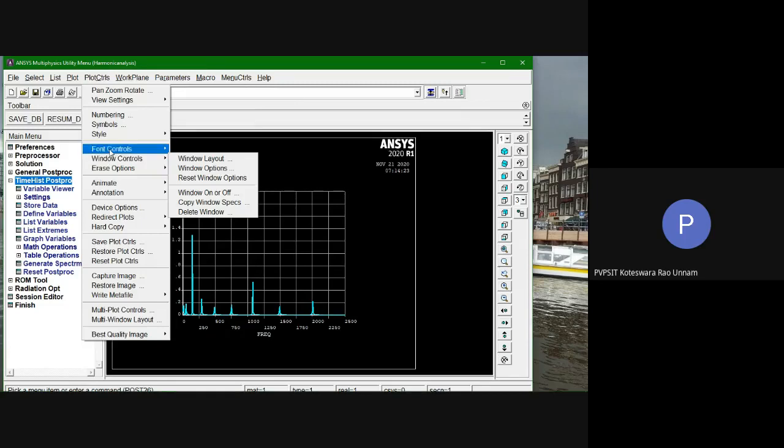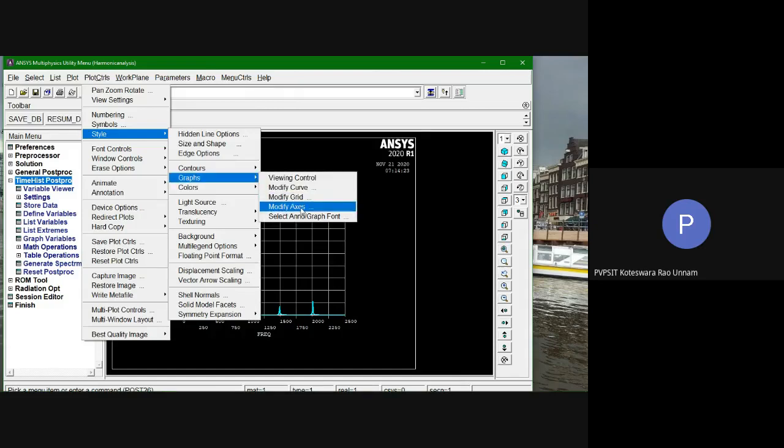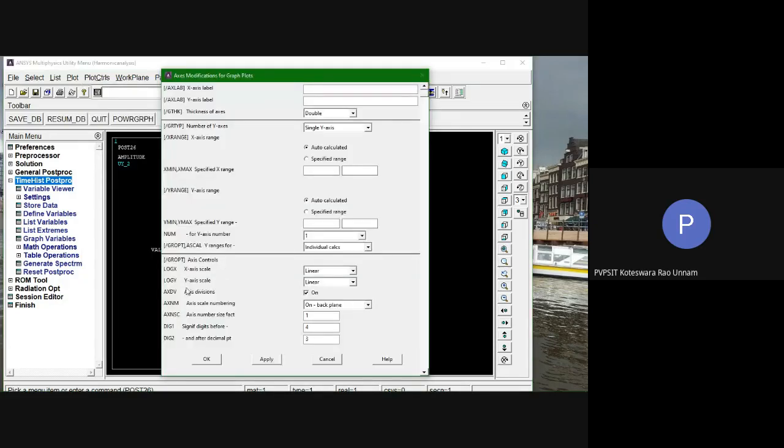Go for style, then under graphs select modify axis. I'll change the y-axis scale from linear to logarithmic. The x-axis I'll keep as linear only. Then I'll call it a semi-log. If I change both to log, then I'll call it a logarithmic graph.